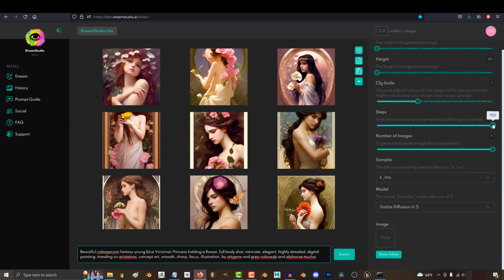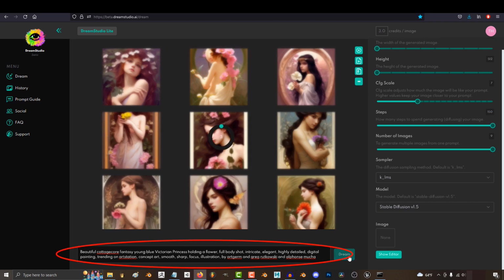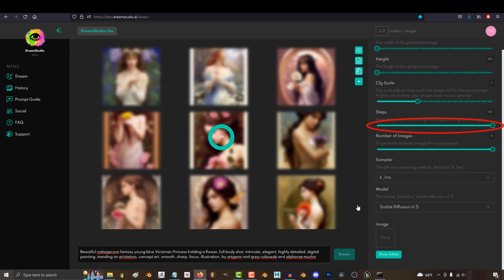flower, I would probably word it like beautiful cottagecore fantasy young blue Victorian princess holding a flower, full body shot, intricate, elegant, highly detailed digital painting trending on ArtStation, concept art, smooth, sharp, focus, illustration by Artgerm and Greg Rutkowski and Alfonso Mucha. Max out the sample rate for the best quality, and there we go. So that's how prompts work. Hope that